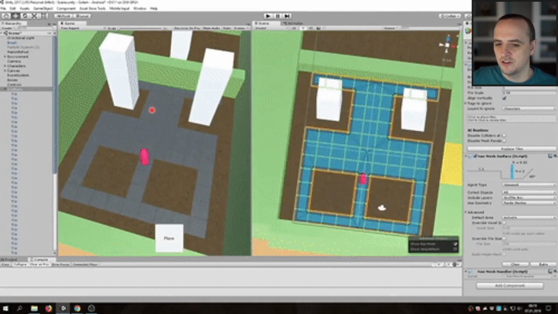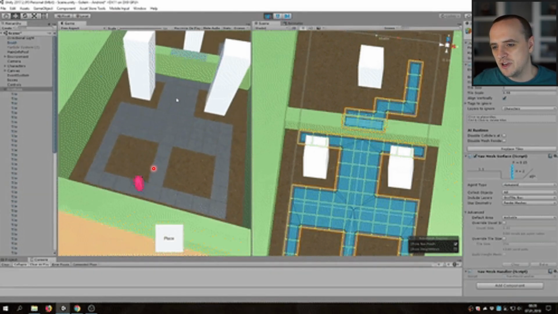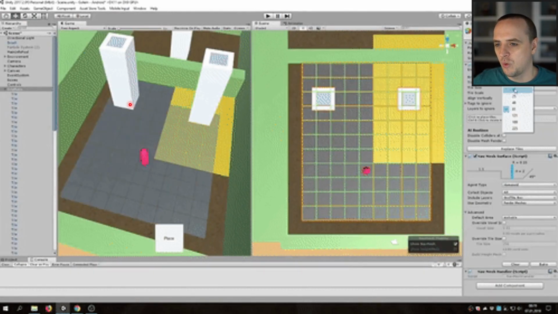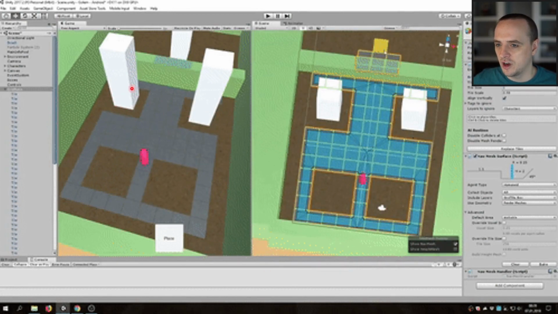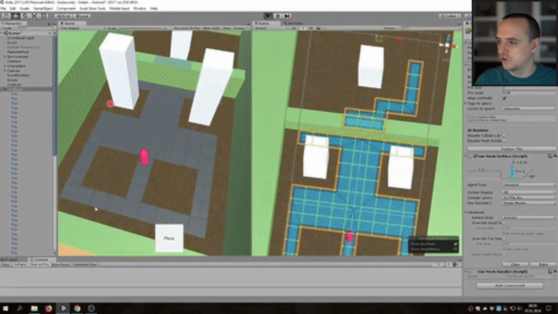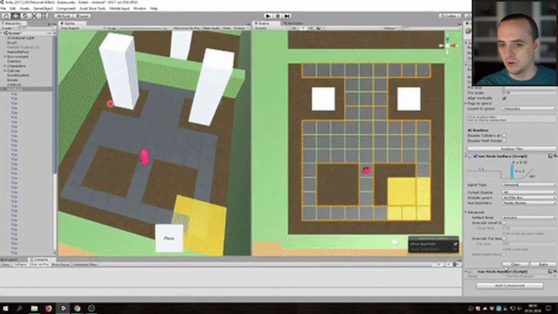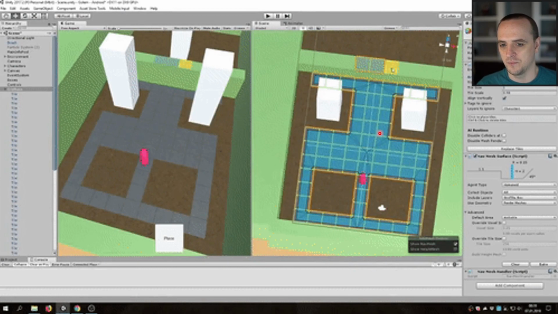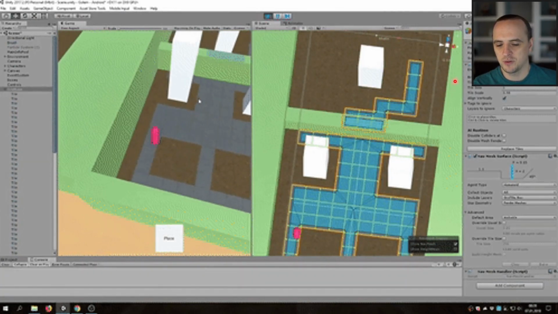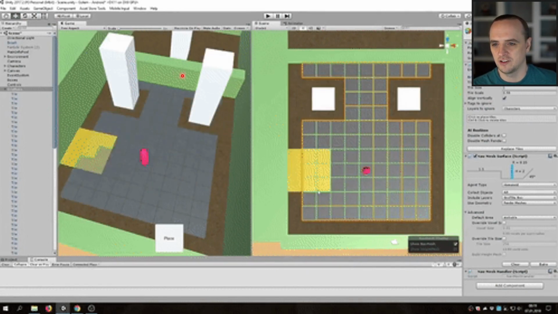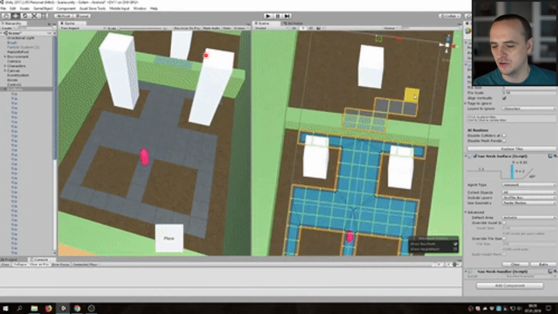So what the designer or the level builder says essentially is, well, maybe I don't want the player to be able to walk right up against these towers, right? So I'm going to cut out the navigation mesh one grid away from those towers. And then the player can essentially only walk on those blue areas here. Then the designer says, well, there's this little hedge or wall in between these two areas.